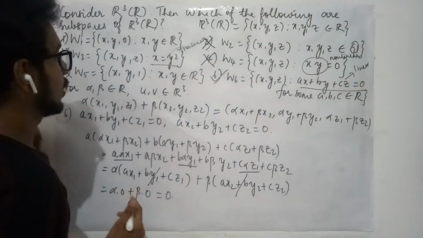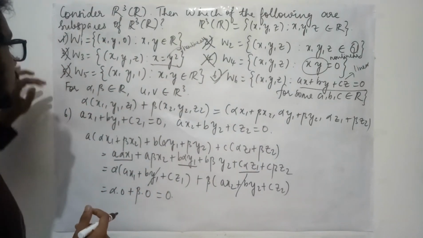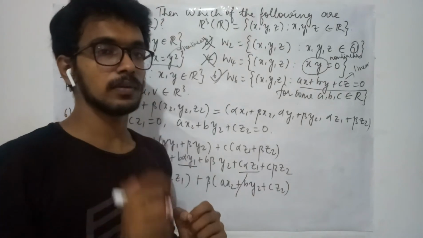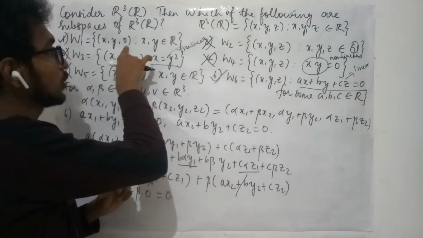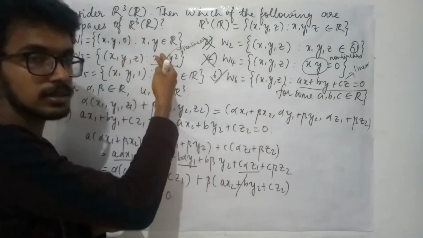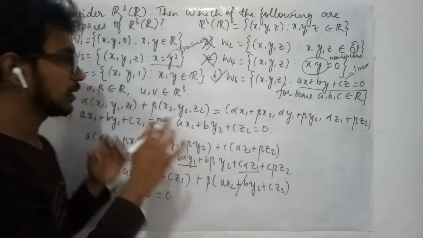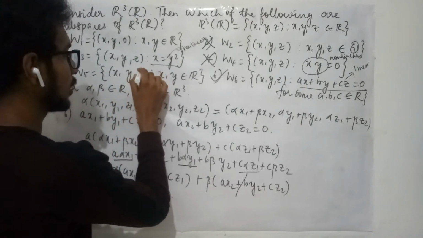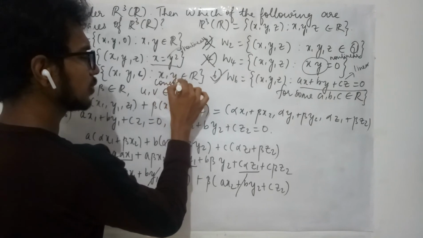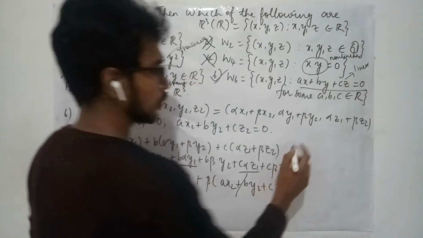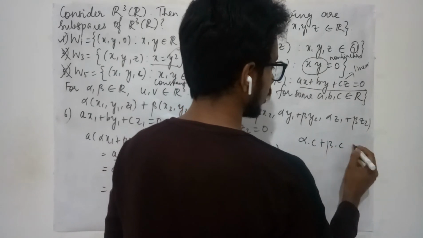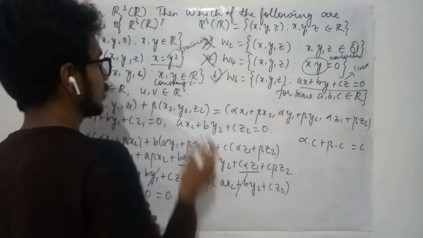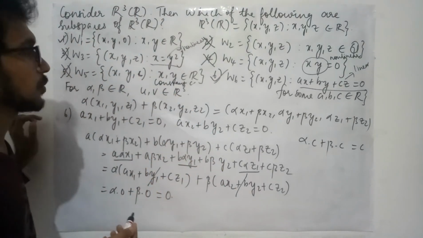And similarly we have similarity between this W1 and W5. They have taken two values to be real and they have fixed only one value, and that value is 0. If that is 0, you are getting that to be a subspace. But when you make that some other entry, even here instead of 1 you may fix some constant c, okay? In that case what are you going to get? You will get alpha times c plus beta times c, and you must get this to be c. But this is not going to be the case always, right? In that case also you will not have this to be a subspace.